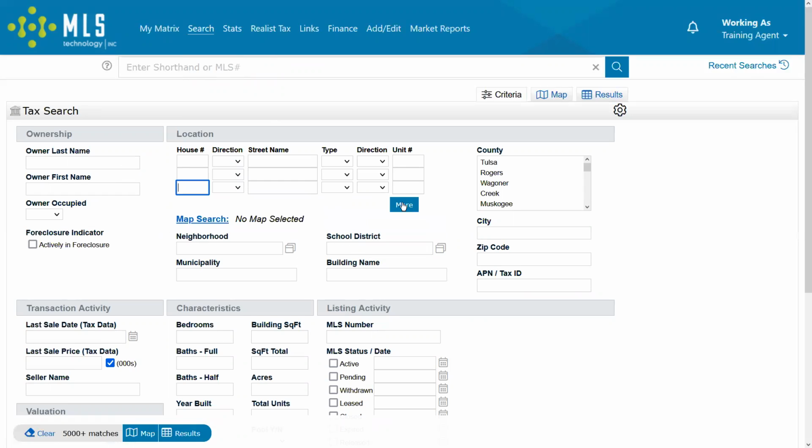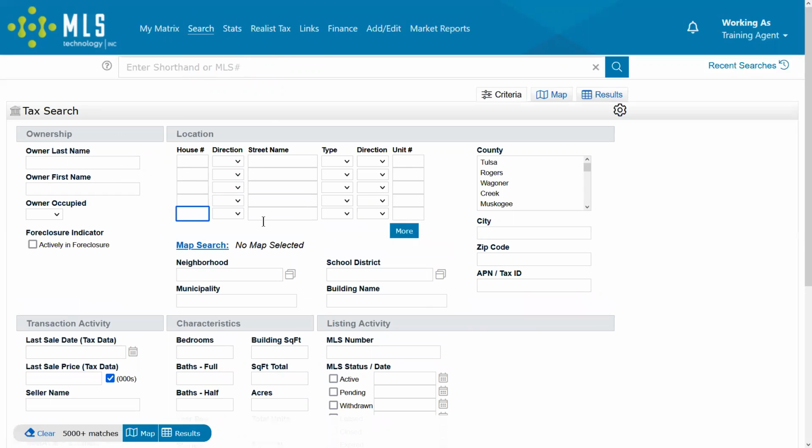In fact, you can search for up to 5 addresses at the same time. You can also choose which county you need to search within, or provide just the tax parcel number to find the information. If worse comes to worse and you know where the property is located but you don't know the address, there is a map search here that,